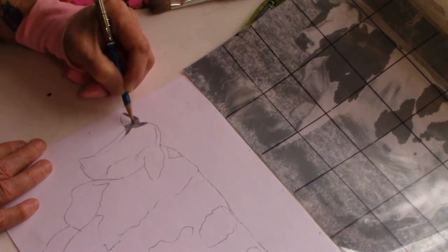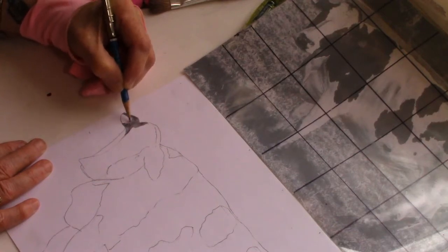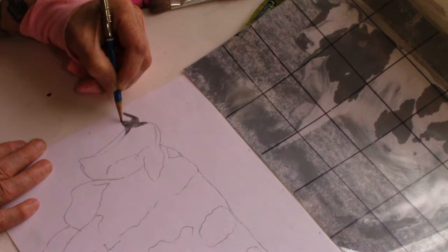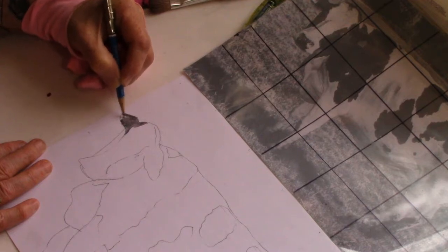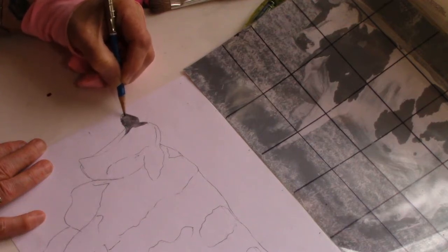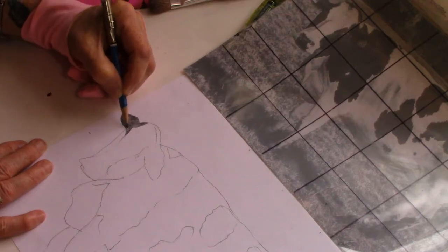I always like to start with the darks. Like when I'm doing a portrait, I like to start with the iris and the pupil, and parts that are dark in the eyes, and the shadows in the hair around the face. Okay, so just fill in all the darks first. See, and then when you get that done,